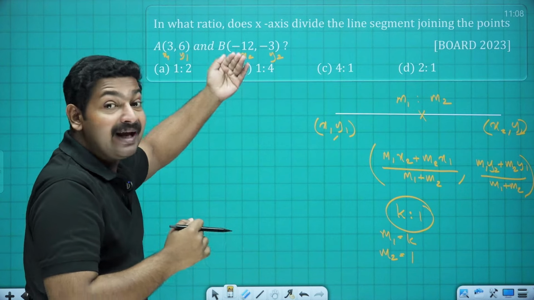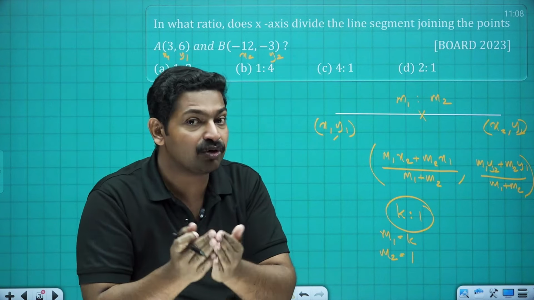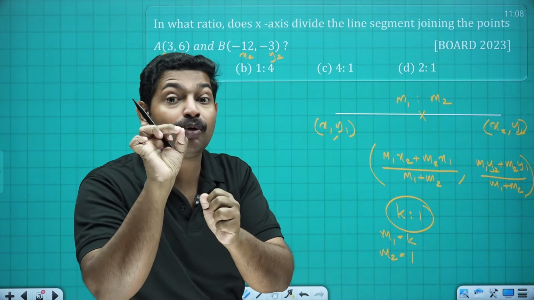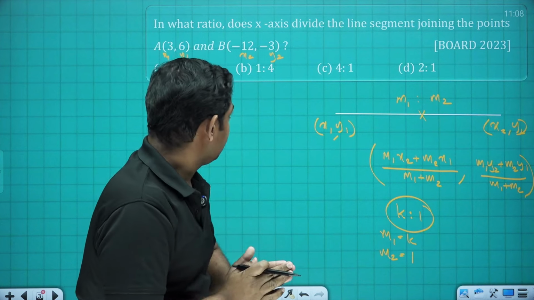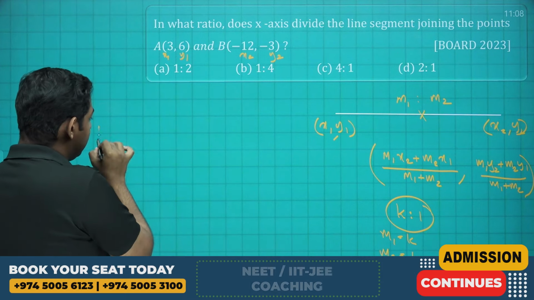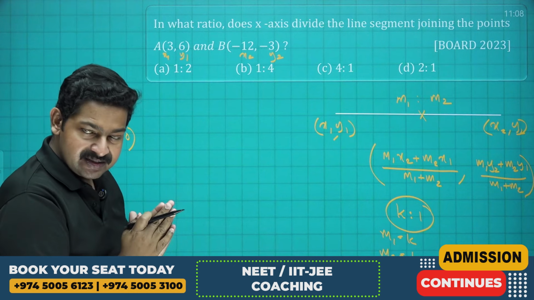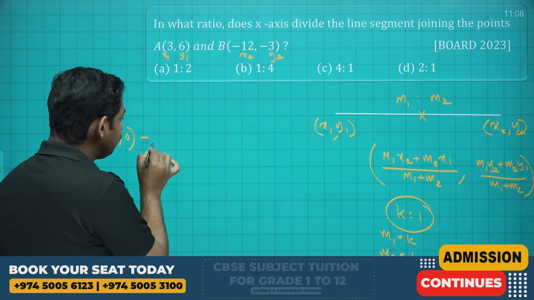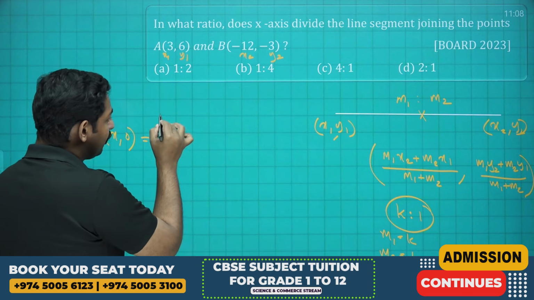And it is divided by the x-axis. So x-axis means that the point is lying on the x-axis, so we know that the coordinate is of the form (x, 0). The y coordinate will be definitely 0. Okay, so that point can be taken as P and its general form will be (x, 0) since that point is lying on the x-axis, and which is equal to, how to write the coordinate? The ratio is taken as k is to 1, so definitely the coordinate will be